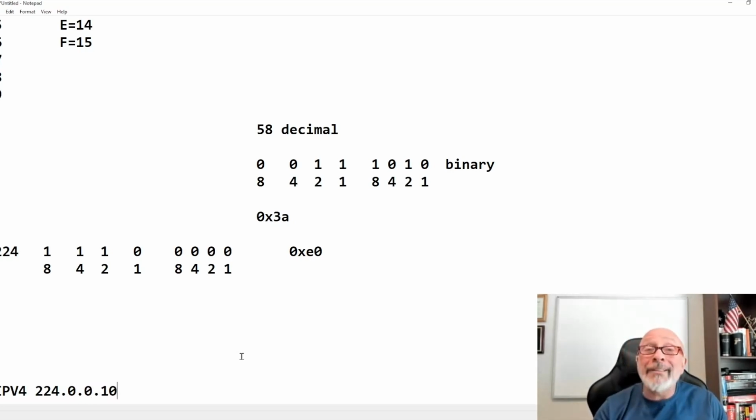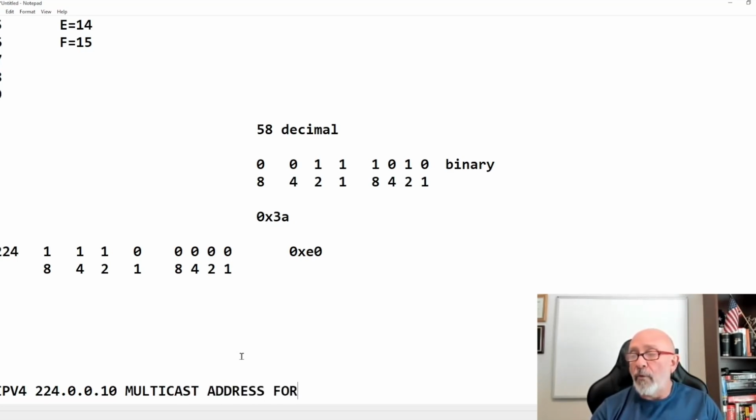This is a multicast address for EIGRP in IPv4. So EIGRP sends out its triggered updates via the 224.0.0.10 in IPv4.